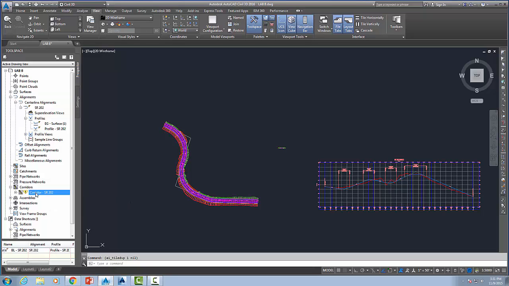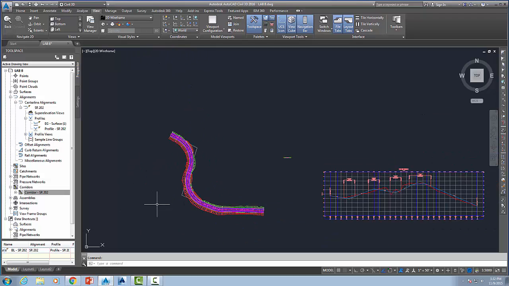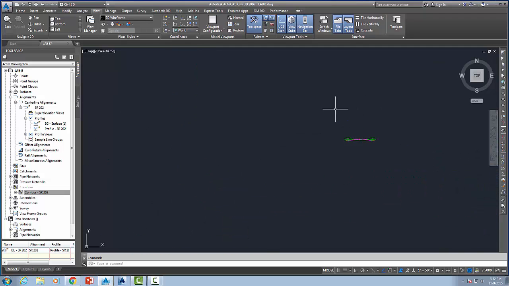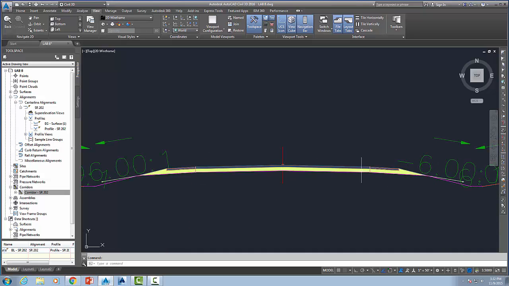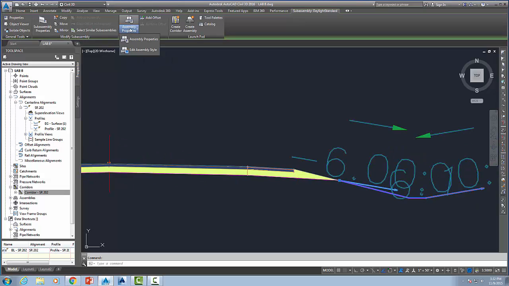So what I'm going to do is go in here, click on that, and hit rebuild, and you'll notice that your corridor made changes, and primarily we increased a little bit of some cut and fill issues there. So what we're going to do now is go to the template and turn on guardrails, and the guardrails are here. So I'm going to go to this subassembly,